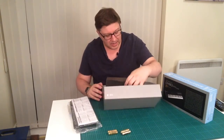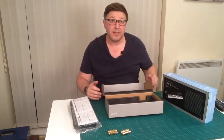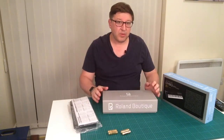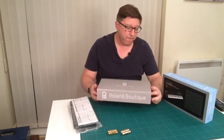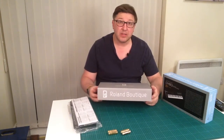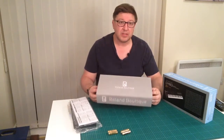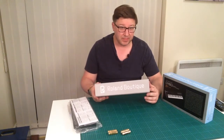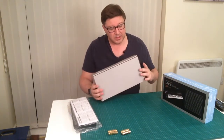But interestingly enough, what we don't get is a USB cable, which I find really interesting that they haven't given us a USB cable. In fact, I actually think that's a bit of a PR faux pas, if I'm honest, Roland, not giving people a USB cable when they buy one of these devices, because that's how you're meant to power these things if you're not using batteries. And I don't intend to use batteries in the studio. I will use them probably for the demo, but